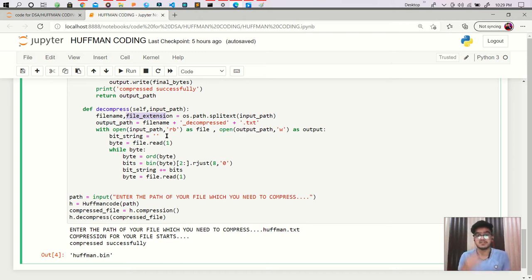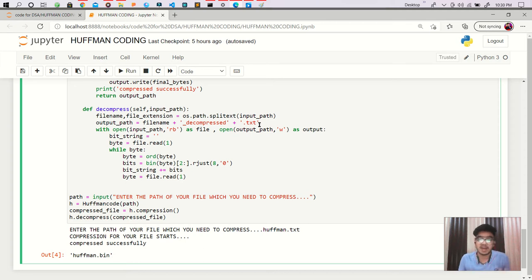It means we have to convert the bin file back into a .txt file. So I'm creating an output path for the decompress function, but this output path uses the txt format. That's why I am writing the file name with a concatenation of decompress.txt, so that we can differentiate between the compressed and decompressed file.